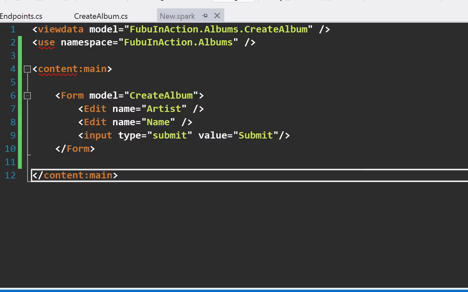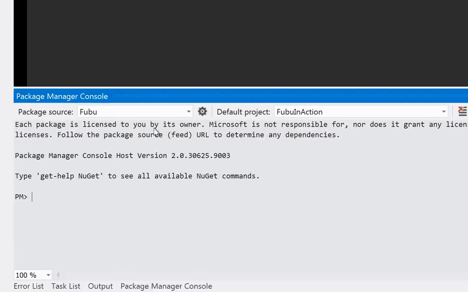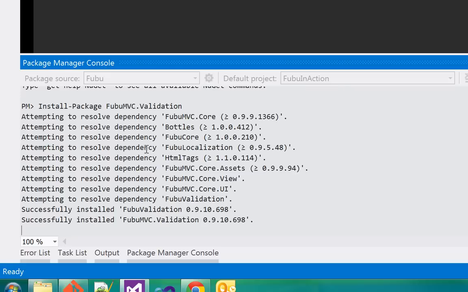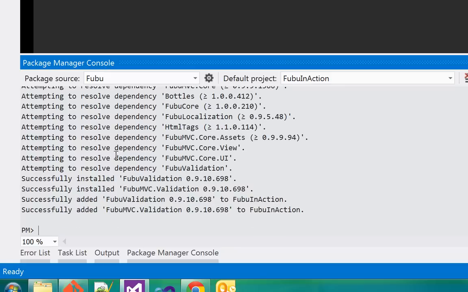What I'm going to do is initialize my package manager console, and I'm going to install the FubuMVC.Validation package. Okay, now that that is installed,